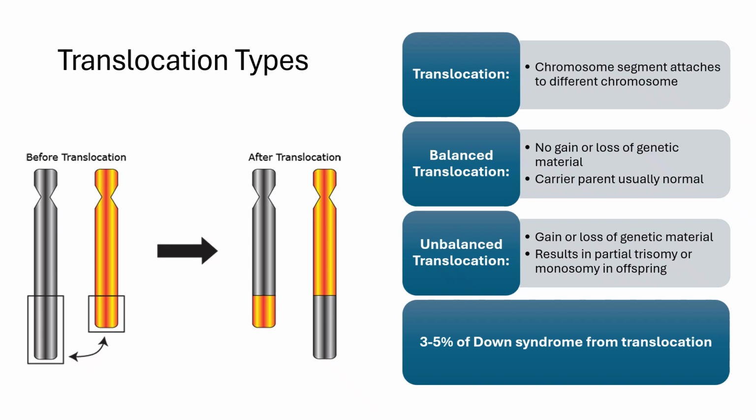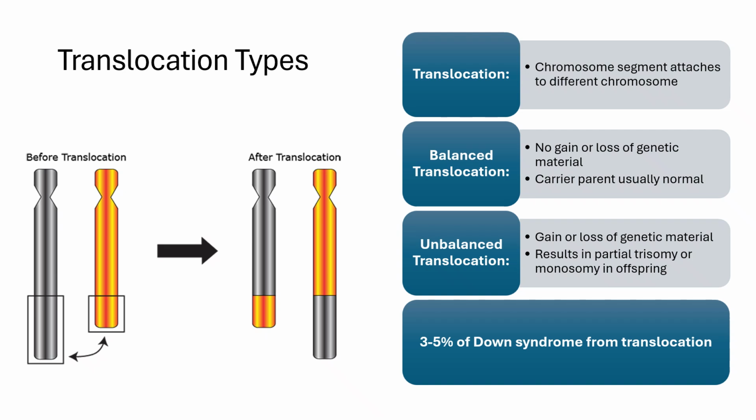When balanced translocation carriers produce gametes, their rearranged chromosomes cannot pair normally during meiosis. Some gametes receive the correct amount of genetic material, while others end up with duplications or deletions. This explains why phenotypically normal parents with balanced translocations face increased risks for miscarriages and offspring with congenital anomalies. Unbalanced translocations result when offspring inherit an abnormal chromosome combination,